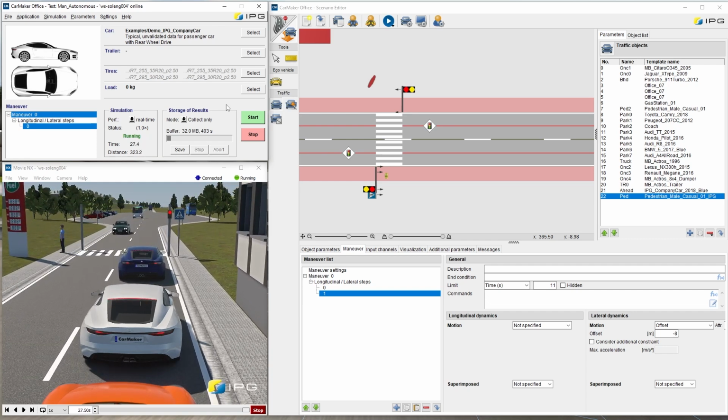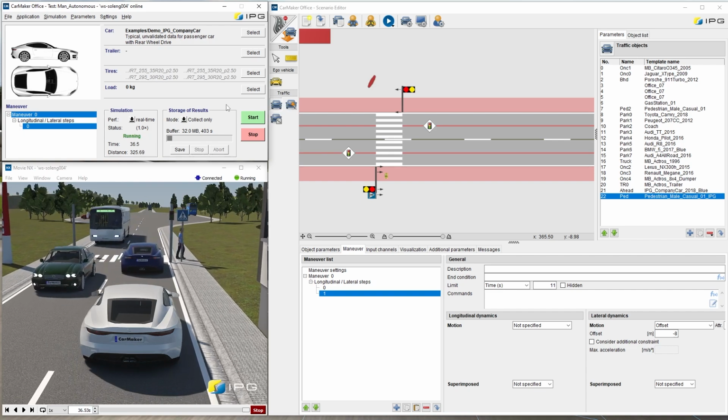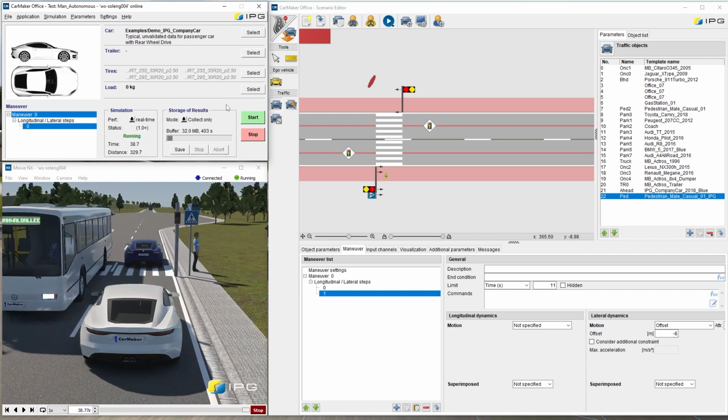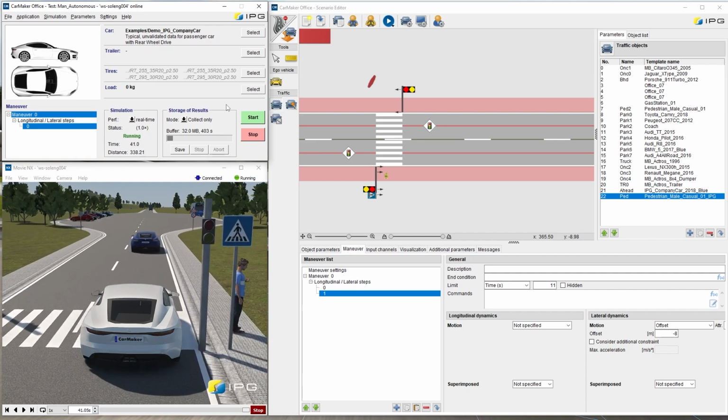When then the traffic light changes back for the cars and we can drive away, the pedestrian crosses the road again. Now there would be a collision. However, thanks to the autonomous traffic mode, the vehicle in front brakes and the collision is prevented.